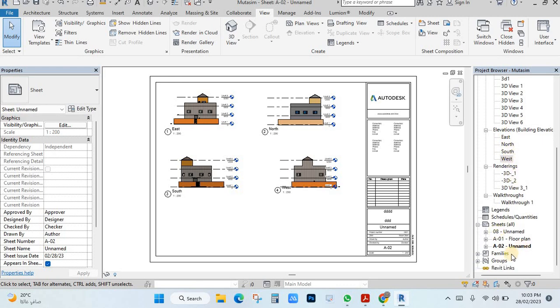So you can see the views here, and the sheet you can create, then you can press Control P, make it as a